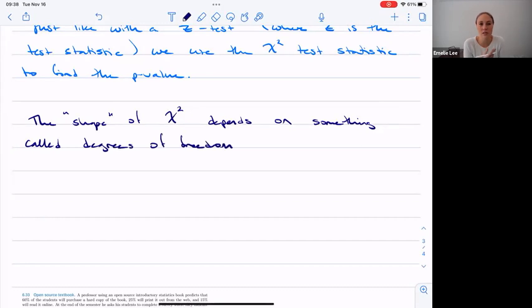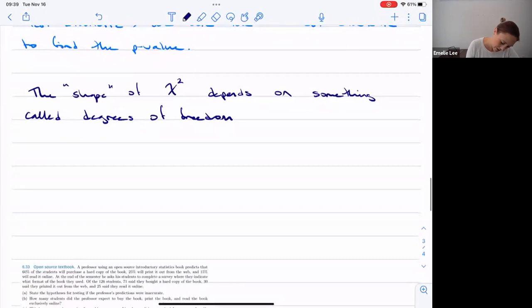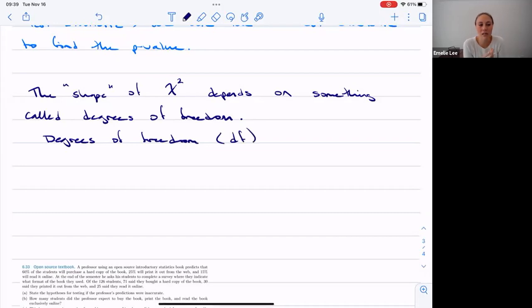And we're going to see degrees of freedom in different contexts, right? We're going to see this shape shifting depending on the degrees of freedom later as well with the t-test. Okay, so this is something that we need to get used to. The shape of the chi-squared depends on the degrees of freedom, which we usually abbreviate DF, and is how we communicate